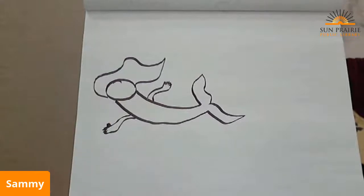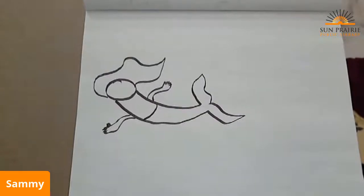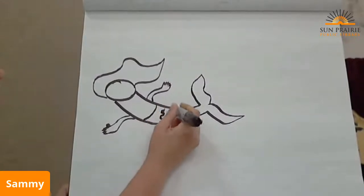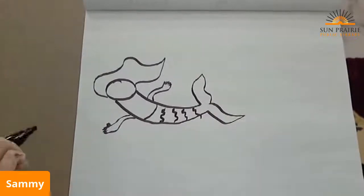Doesn't have to be perfect. Make your mermaid or merman however you want. But this is how we start the mermaid. And we're gonna draw a line here. You can get as detailed with this part as you would like. So you can just do little wiggly lines to separate it out, or you can get really detailed and start